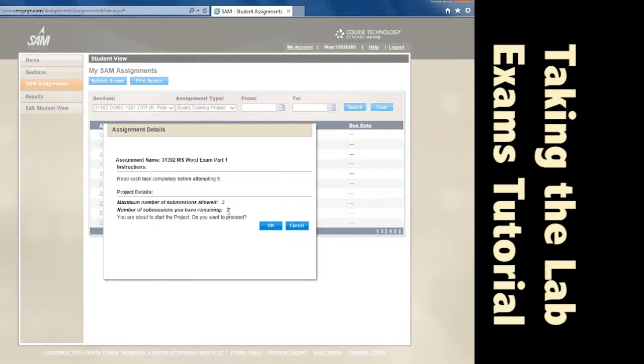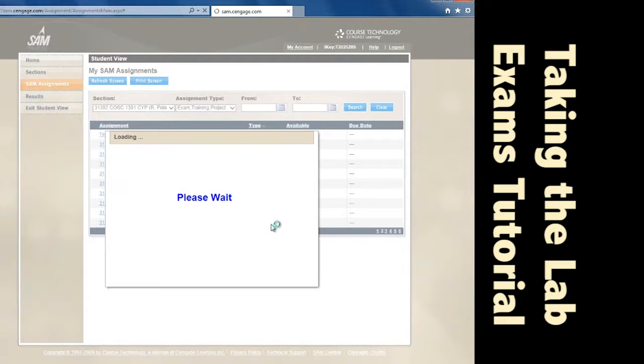So the first time you submit it, you take the test, doing everything that you know, and then submit it. You'll get a grade. Once you have gotten your grade, you will review that, see if there's anything that you did incorrectly so that you can correct it. For example, you misspelled a word, you put a chart in the wrong place, you didn't sort it the way it was asking. Whatever the situation, you have an opportunity to make those corrections and then resubmit. Once you submit that second time, then you are done with the exam and you're ready to move on.